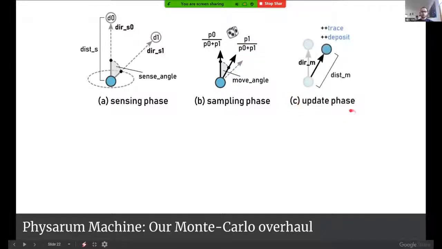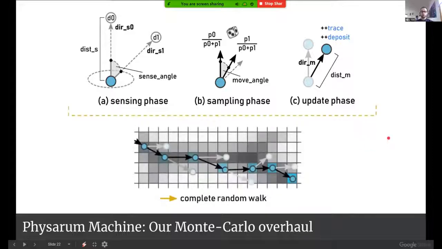And then finally, there is an update phase where the agent moves forward in the chosen direction, and we accumulate some spatial statistics to represent the agents' distribution. When you put all these 3 steps together, what you get is basically a random walk for every agent. Here is a sample where the agent moves from left to right, following the concentration of the data-emitted chemical or attractant, which is rendered in gray.